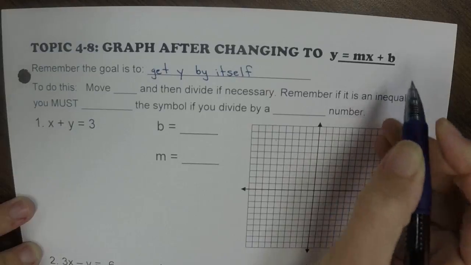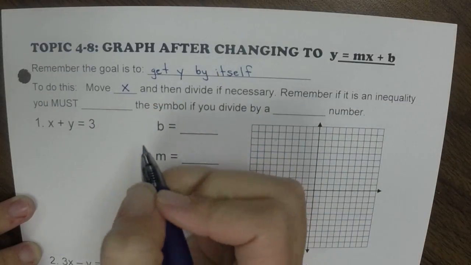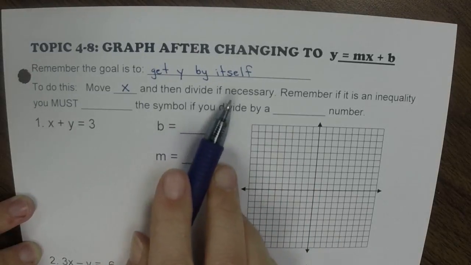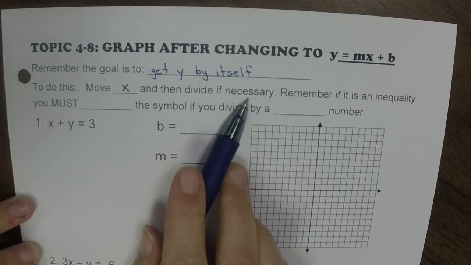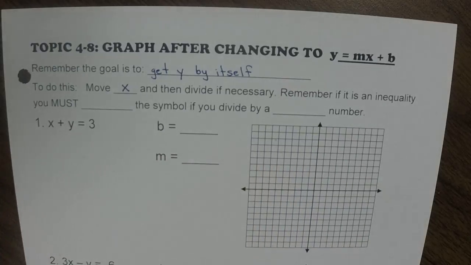In order to do this, you must move x first. So this time we're going to move x to the other side, and then it says divide if necessary, meaning if there's something in front of the y, then we're going to divide. And then remember, if it's an inequality,